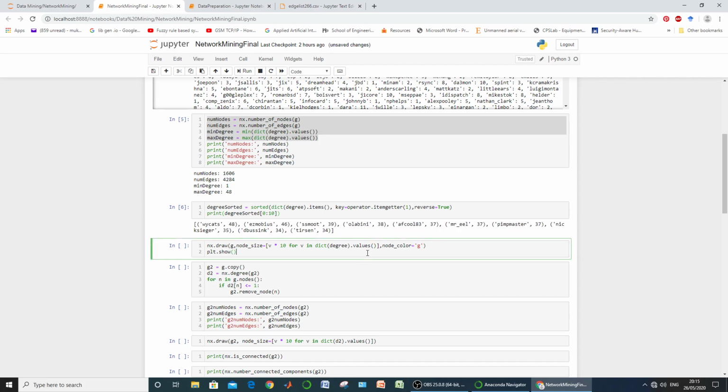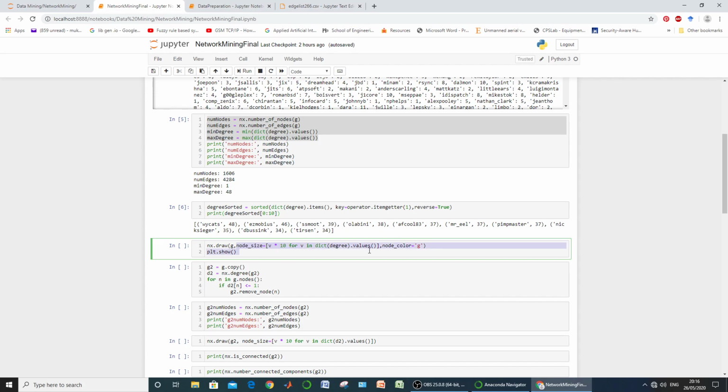Now next move to the draw statement. The draw is a function of your networkx library. It has many arguments. The first one is graph G, which we have just created in the above statements. The second one is the size of your node.